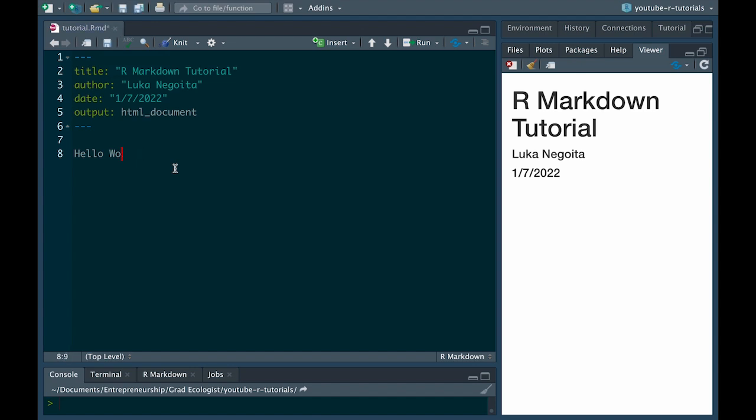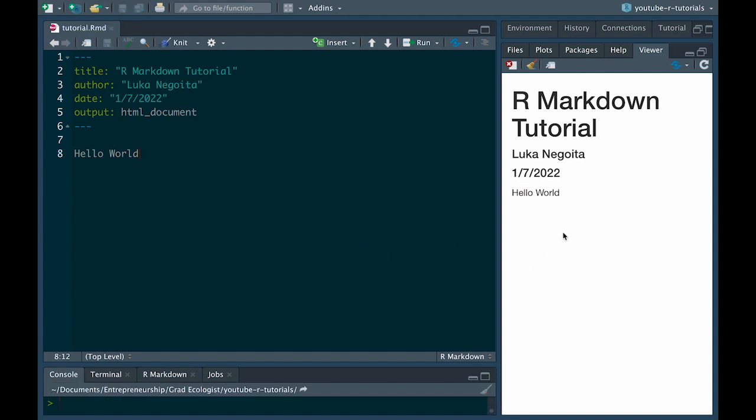But let's say even if we haven't, so we're just going to say hello first. So see, it's not saved yet. When you click knit, it automatically saves it and creates the final knit document. So look, we typed hello, and there we have hello. Okay, let's complete that phrase. Hello world.